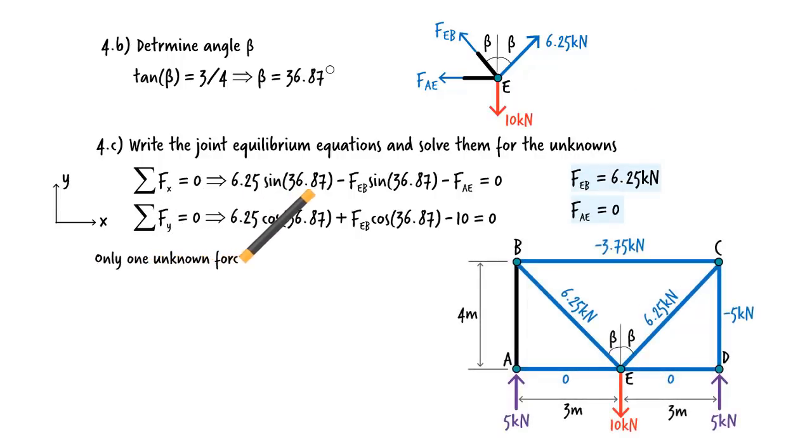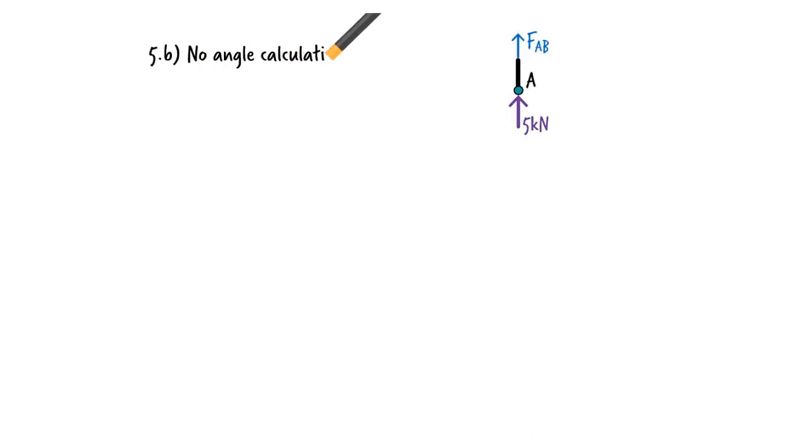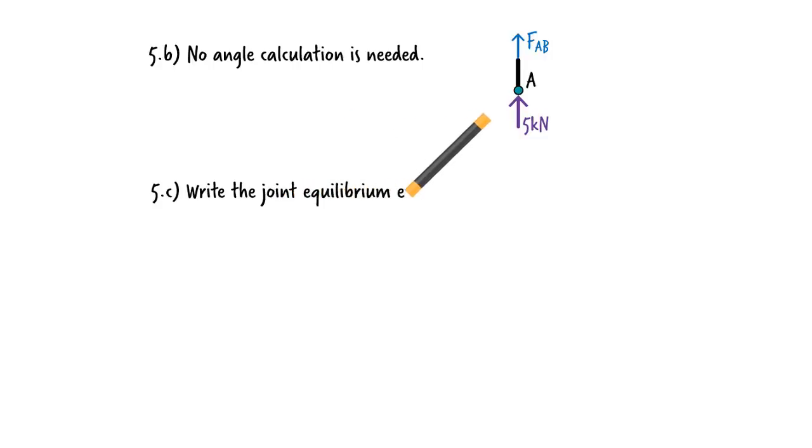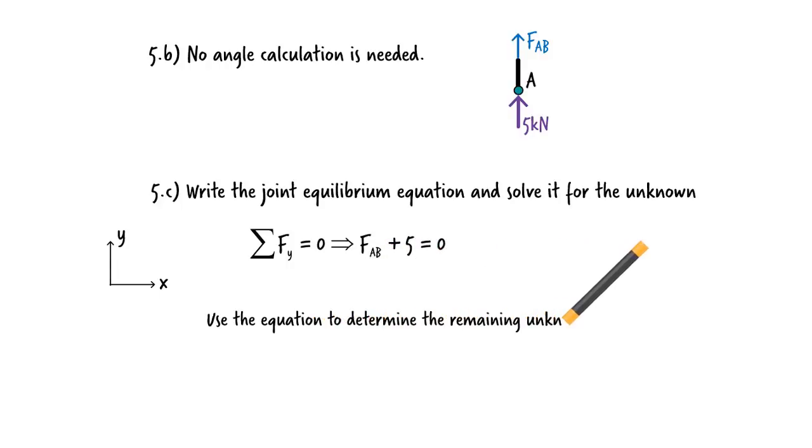Only one unknown member force remains, the force in member AB. We can use joint A to determine that force. Let's draw the free body diagram for the joint. There is no need to calculate any angles here. Since there is only one unknown force remaining, we only need one equation. Solving the equation for the unknown, we get: